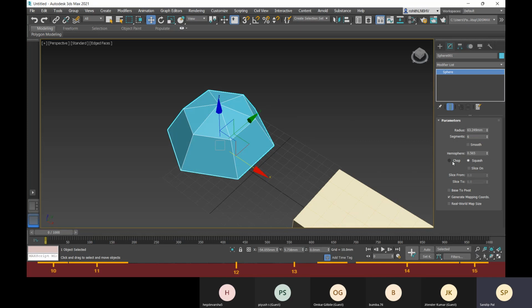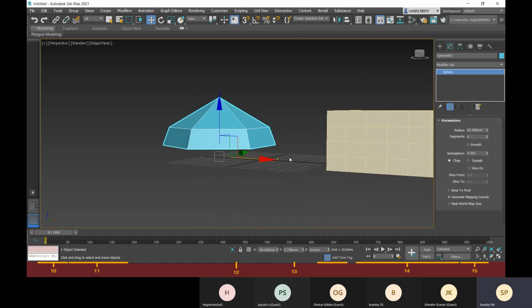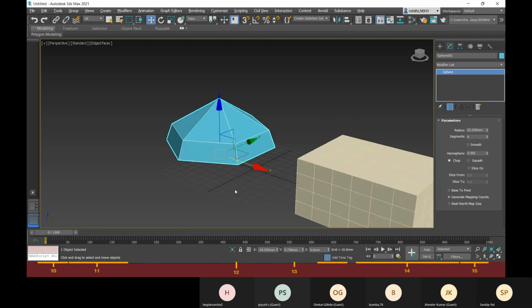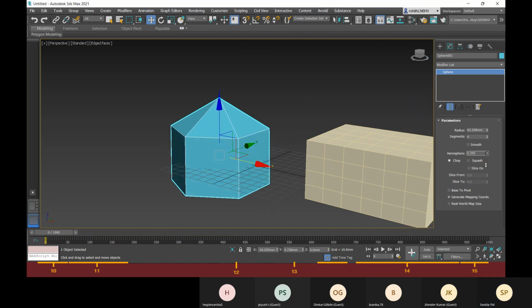And now let me show you this chop option. This chop option is like going through with a knife, right? You're just cutting it horizontally. And this is a percentage.